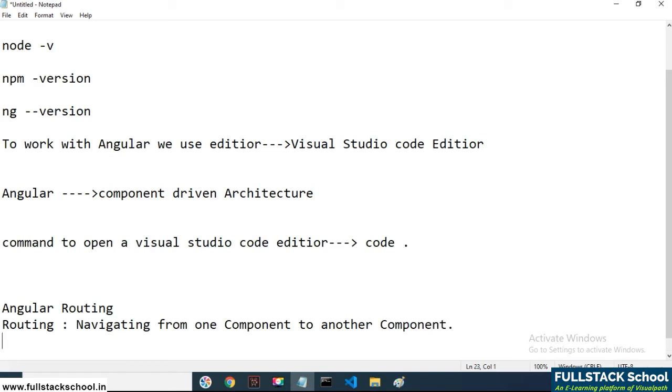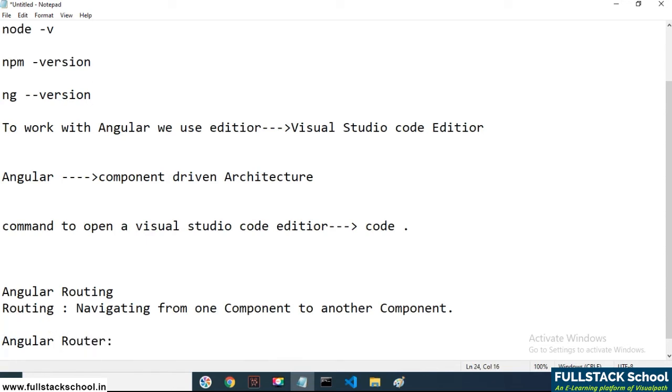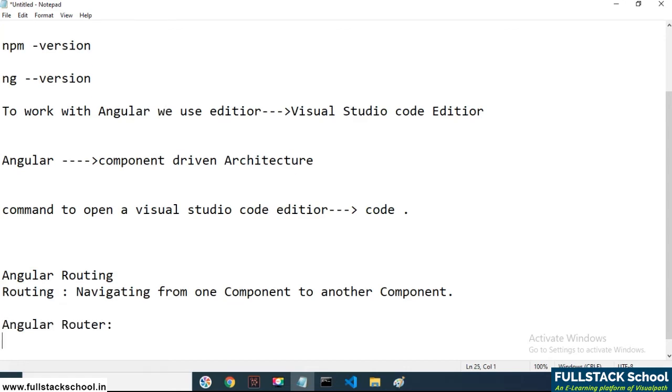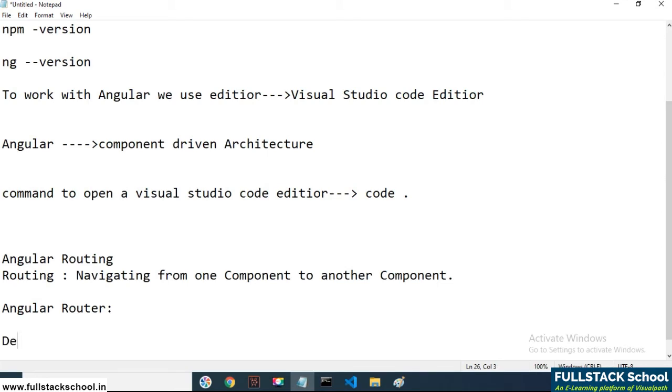Then how can we apply it? If we want to apply it, we use the Angular router. We use the Angular router to apply Angular routing to the current web application. When we are using routing, first we need to design the URL with the resource.